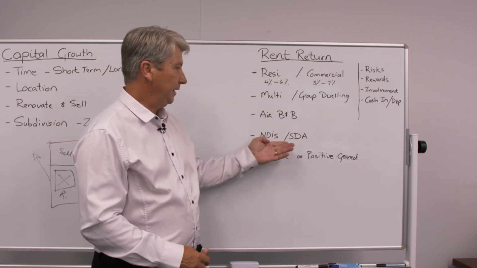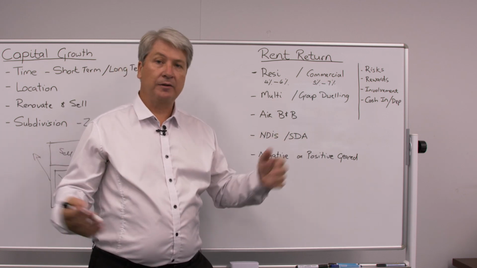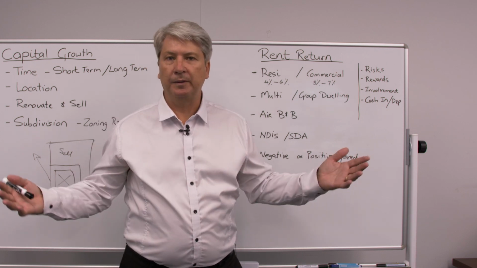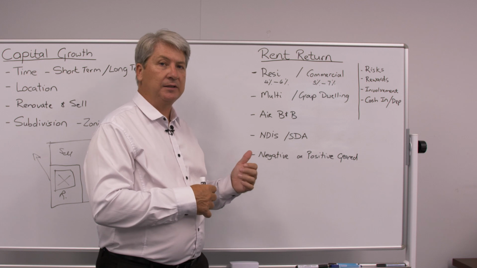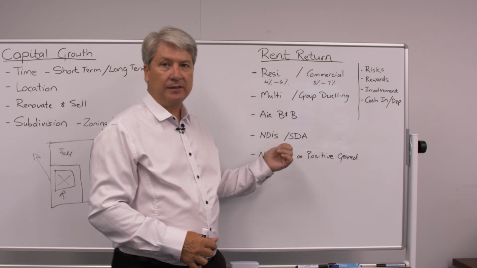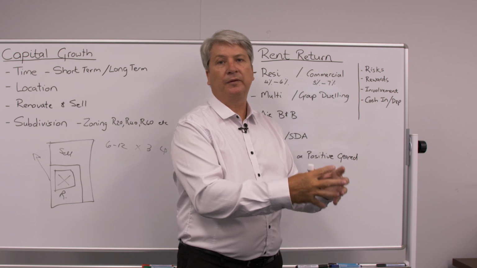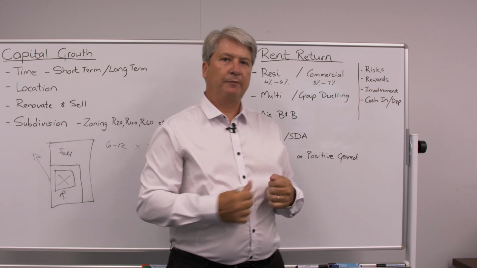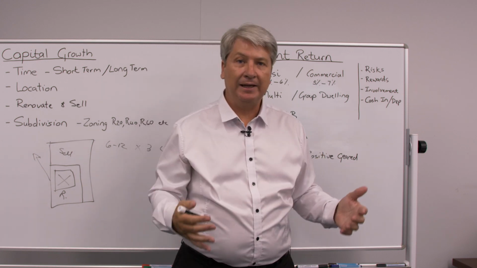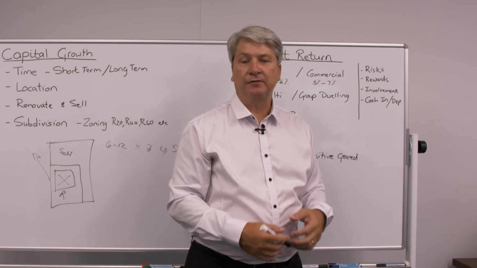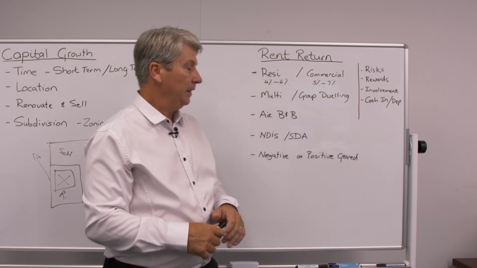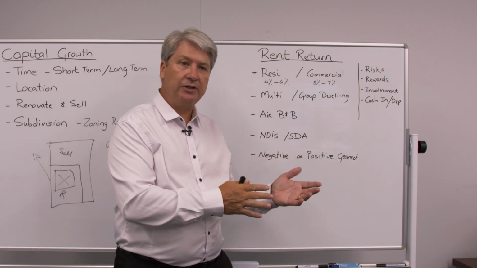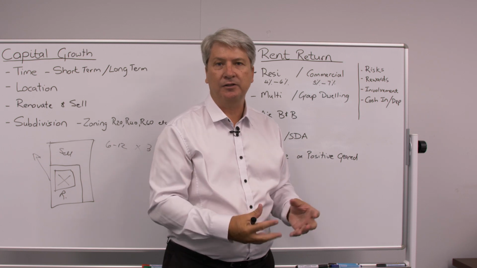Now, in NDIS and SDA, we know in all of Australia, but specifically in WA, there's a shortage of houses just for normal people. But there's been a shortage, a crisis actually, in the NDIS and SDA space for people who have disabilities and need somewhere to live. Like with my story that I've previously shared with my mother, we could not find any place for her to go, which triggered me to find out if there is another solution. With SDA NDIS, the government knows of this massive shortage, and they have incentivized investors to get involved.